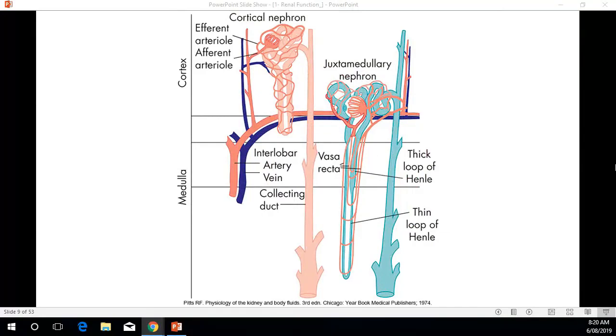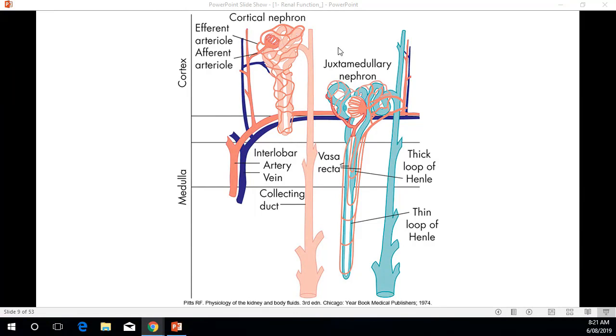All right. To make the story a little more interesting, there are different types of nephrons in the kidney. The total number is 1.2 million, right? Majority of nephrons are called cortical nephrons. So they start in the cortex, which means the outer part of the kidney. They come deeper. They just enter the medulla. These are called cortical nephrons.